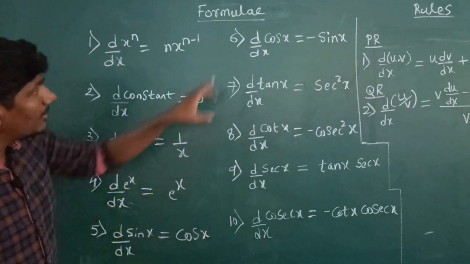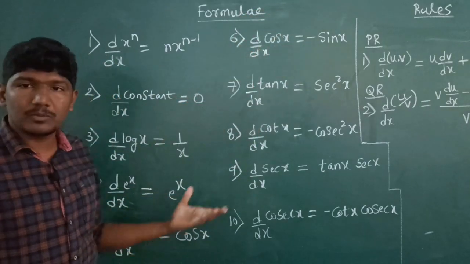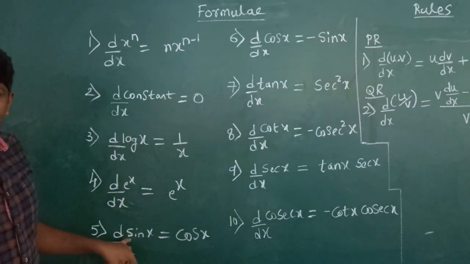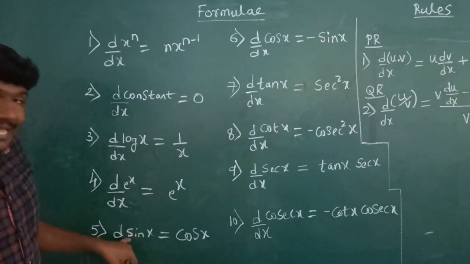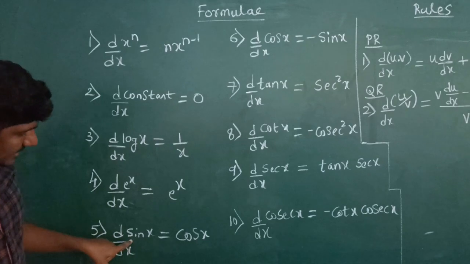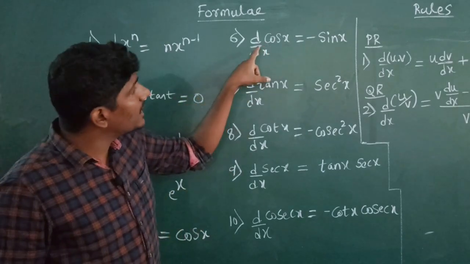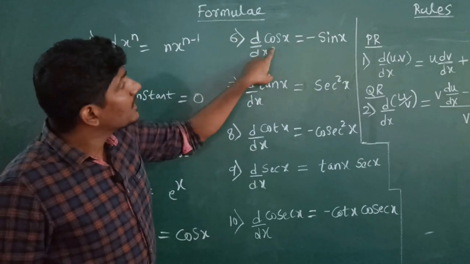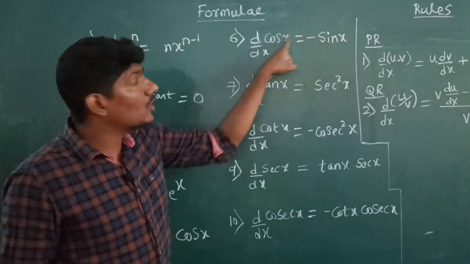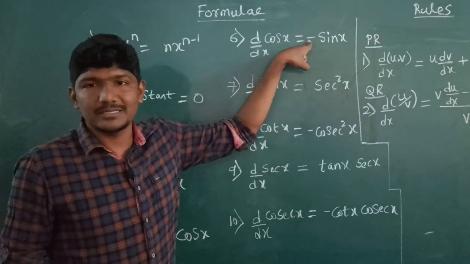Many students have confusion regarding the sign, when to put plus and when to put minus. There is a trick, you can easily remember. When you differentiate sine, the sign remains the same, plus only. That's how you can remember. When you differentiate cos, it causes a change in sign. So it is minus sign. Instead of plus, here you have minus sign.